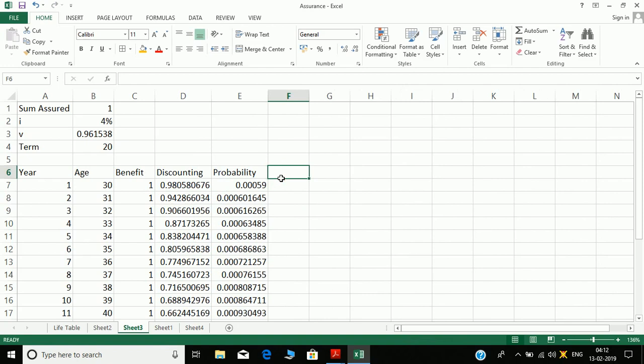Next we calculate EPV. EPV is equal to benefit into discounting into probability, fixing all the columns.